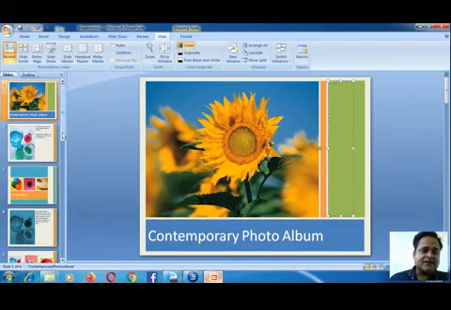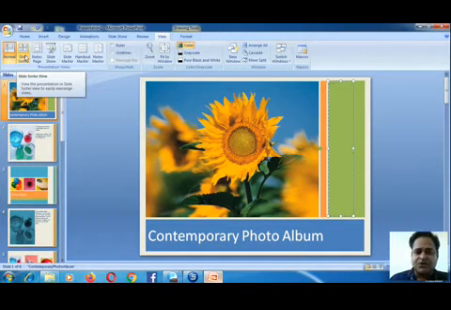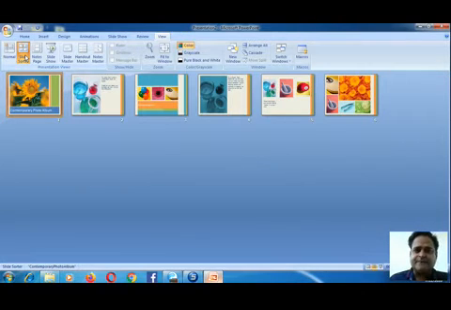And another one is slide sorter view. You can see the icon here next to the normal view icon, slide sorter view. Just click on that. Now you can see the appearance of our slides has changed. These are the two types of views available in Microsoft PowerPoint through which we can arrange our slides.